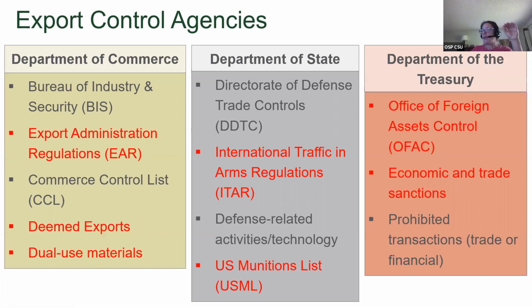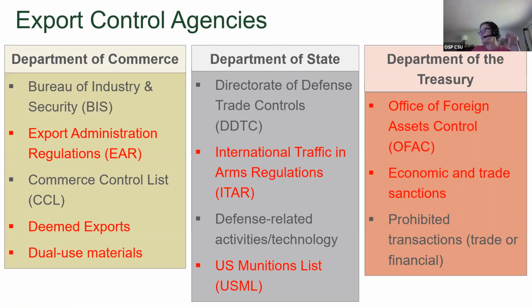Okay, then you have your Department of State, and the thing in red here is what you need to link to Department of State, your International Traffic in Arms Regulations, or ITAR. Okay, so here they're concerned with military articles, military services. So if you think of Department of State and Department of Defense, it's all the military stuff. Traffic in Arms Regulations, they keep the munitions list and keep all of those things on the list that we don't want to be taking to certain other countries.